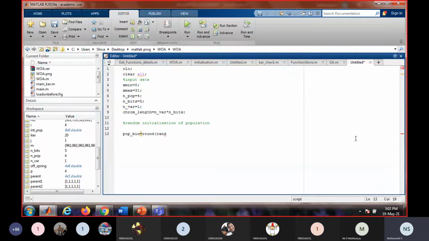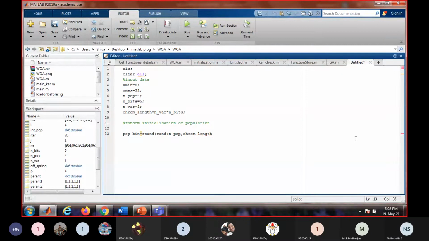How many values? 4 random values we have to generate. That is the number of population. The size of population is n pop, and it should generate the values based on the length of the chromosome.